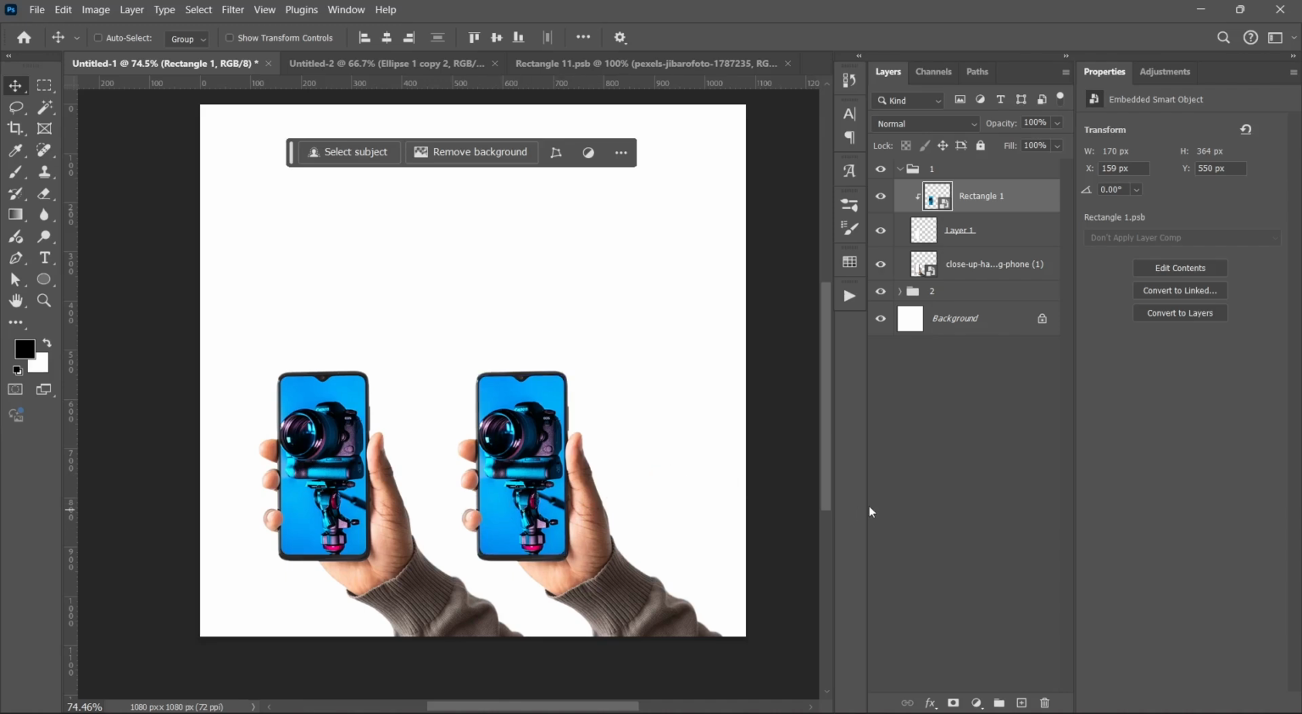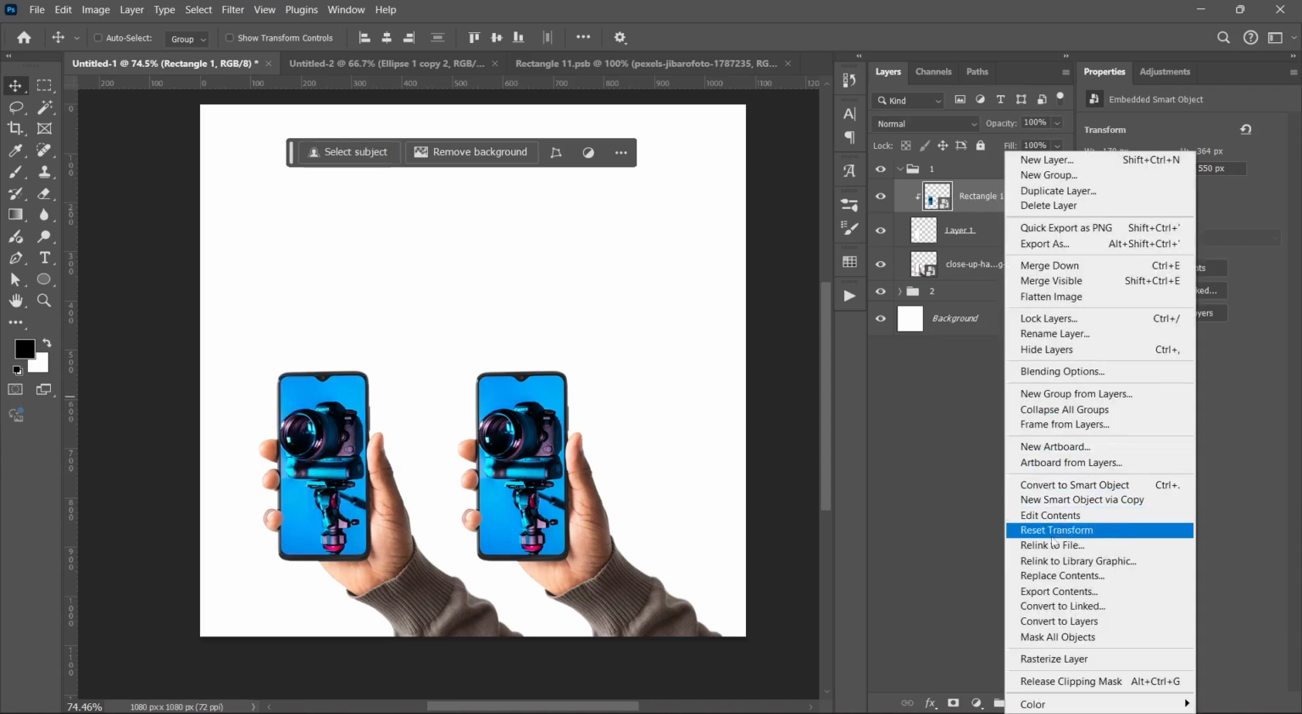Why? Because I duplicated the smart object. So in such a situation, I will now have to redo this thing from scratch, and instead of duplicating it normally, I have to duplicate it using new smart object via copy. But what if I don't want to do that from scratch? What you simply do is select that smart object, right click on it and duplicate it